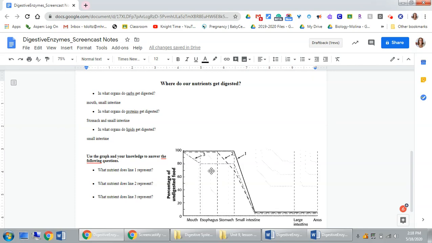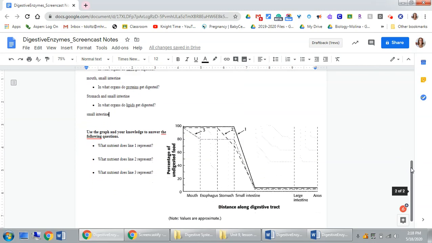This is a graph that we always use, and if we would have had the urinary test in class, it definitely would have been on that test. So using this graph to look at what we were just talking about, if I look at nutrient line 1, it's the solid line. It goes down in the small intestine and then flattens out where we have 0% of undigested food down here at the bottom. Notice there I've got my large intestine. So basically what line 1 tells us is that this nutrient, whatever it represents, carbs, lipids, or proteins,